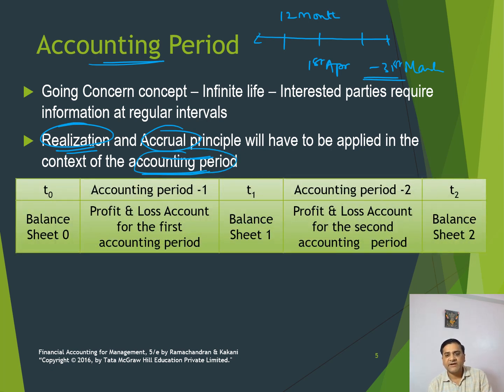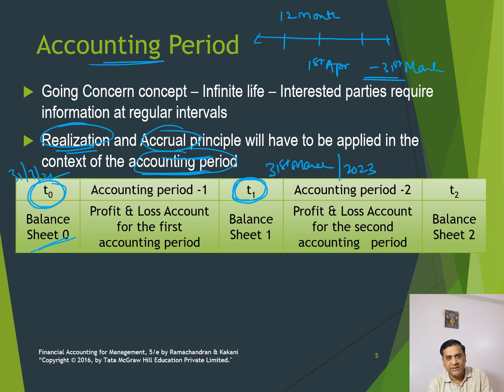And how does this relate with each other? Whenever we prepare the balance sheet, it is prepared at time zero, which means, we have known that the balance sheet is nothing but a snapshot of all the transactions as on the end of a particular year. So this would be the opening balance sheet, and the next period of the balance sheet, which is T1, would be again on 31st of March. Suppose if this is on 31st of March 22, this would be on 31st of March 23.